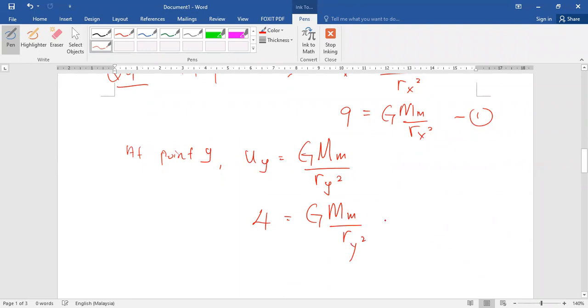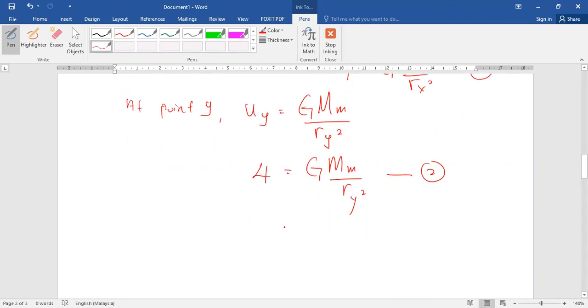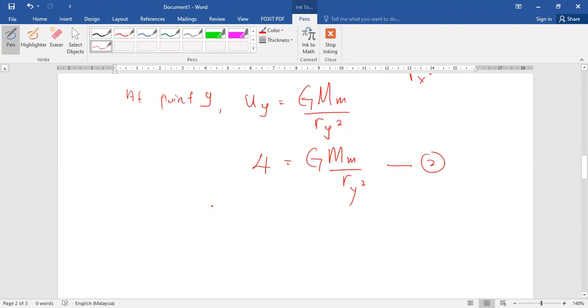So this will be equation 2. By solving the question, I use equation 1 divided by equation 2. That means 9 over 4 will be equal to GM